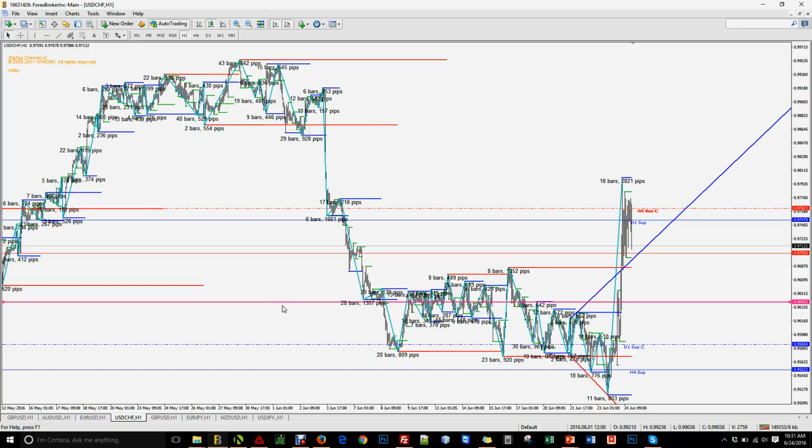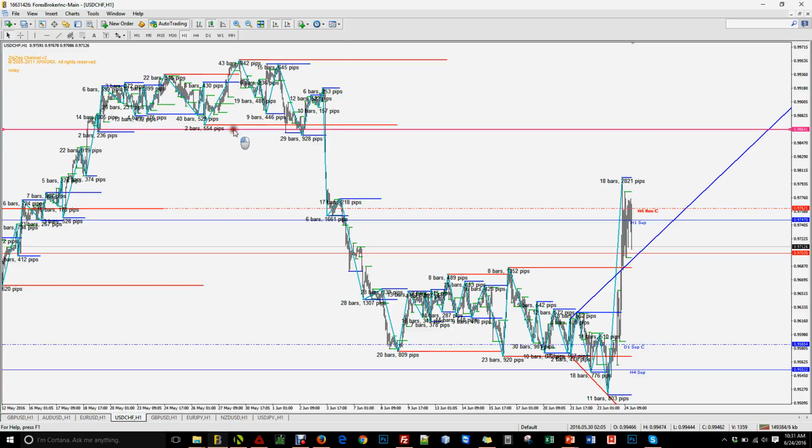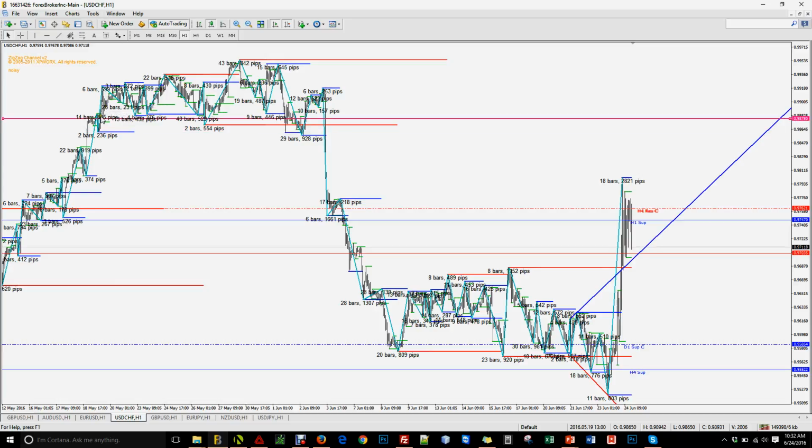What I'd like you to take time to do this week is to go ahead, bring up this template, bring up some different charts, and start to take a look at the highest and lowest levels of support and resistance. Okay? What you're going to find is that when price is in periods of consolidation, such as this area here, and this area here,